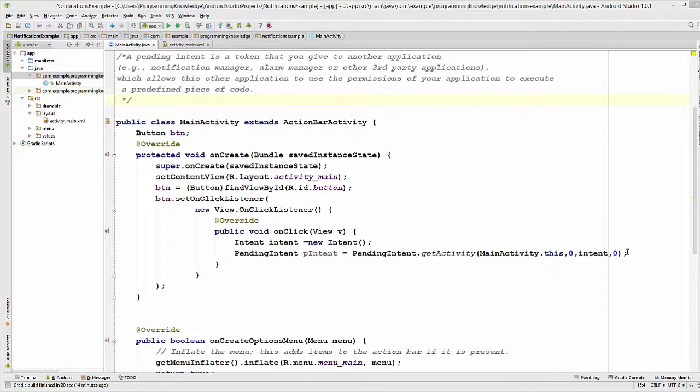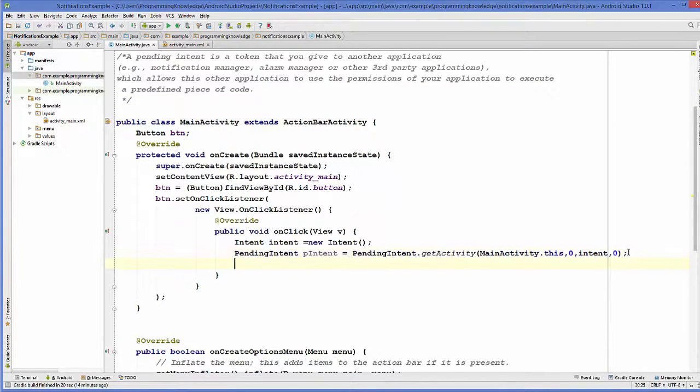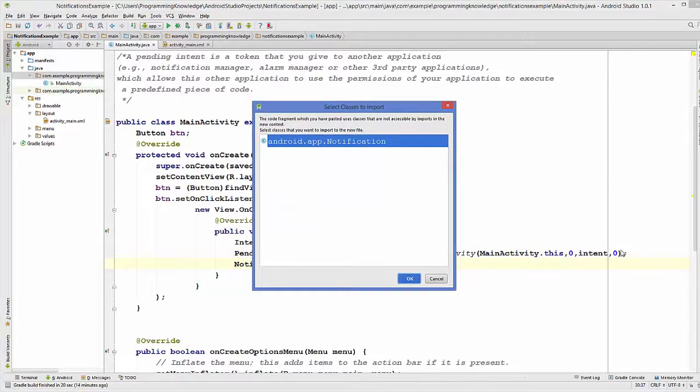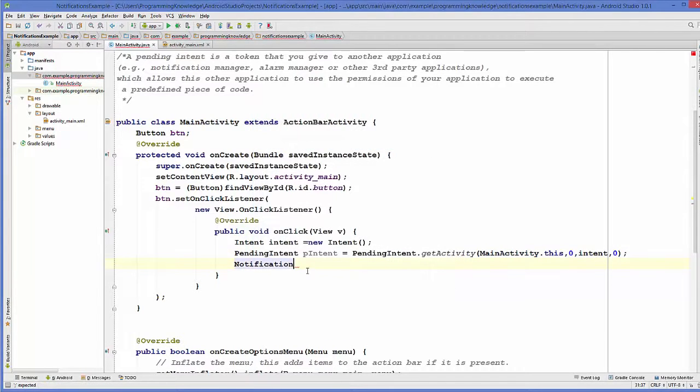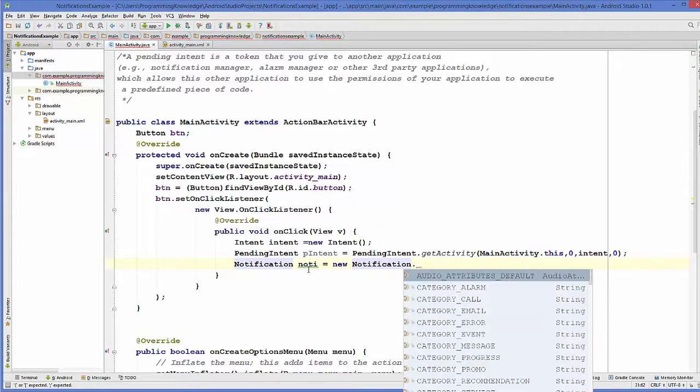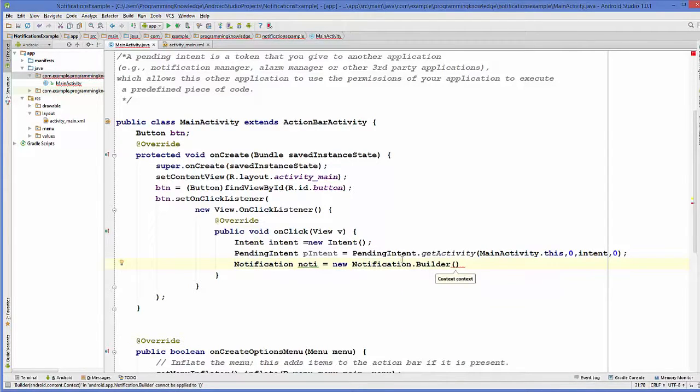Now I'm going to create my notification object. So notification, and I'm going to include my import, and I will name it as noti, for example, is equal to new notification dot builder, and this builder will take the context. So I'm going to just copy this main activity dot this, and then you can add some attribute to this